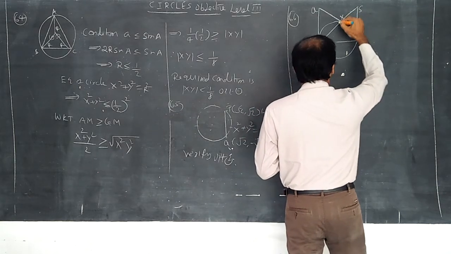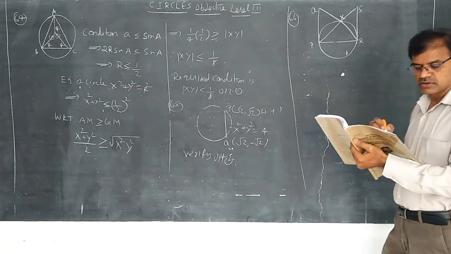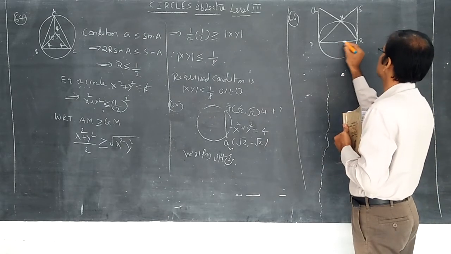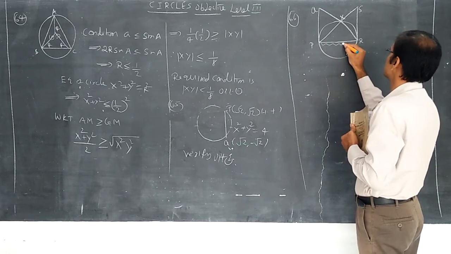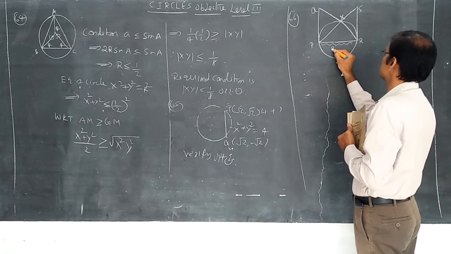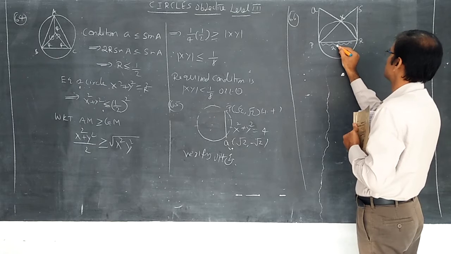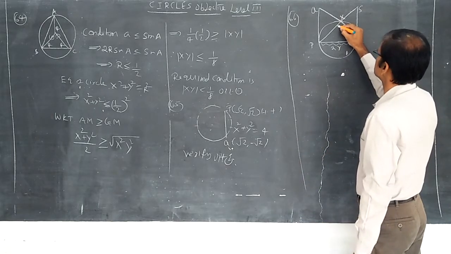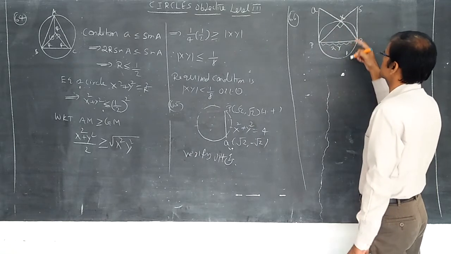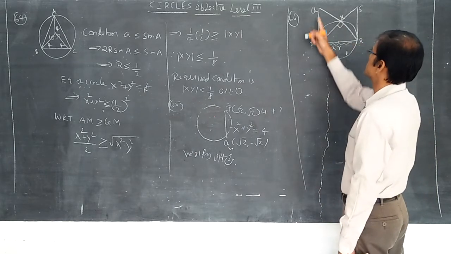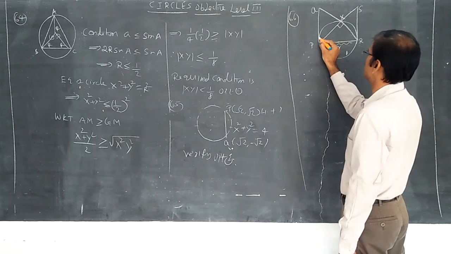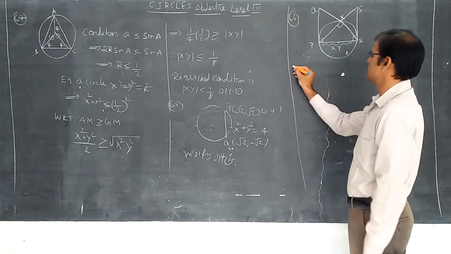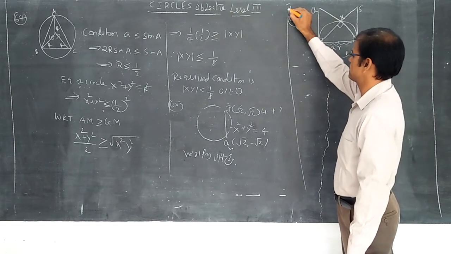PS and QR intersect at the point X on the circumference of the circle. Then this is R here, and this is full 2R, because this is the center, and from the center to any point of the circle is called the radius. This is 2R. We know that the angle in a semicircle is 90 degrees, so angle PXR is equal to 90 degrees, and this tangent is at the end point of the diameter. So here you can put this is 90 degrees and this is also 90 degrees. This is an important question.